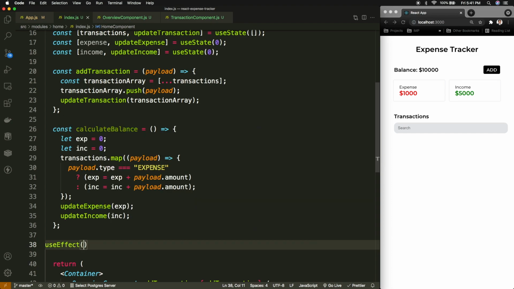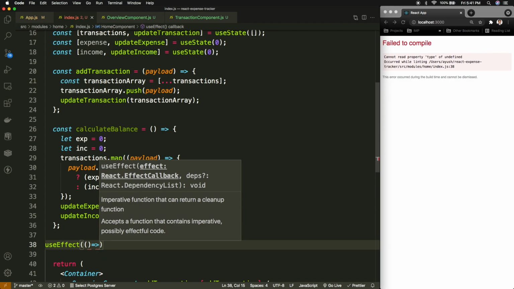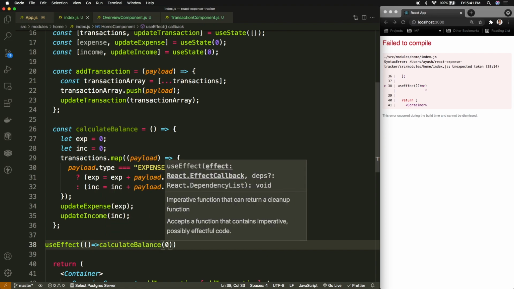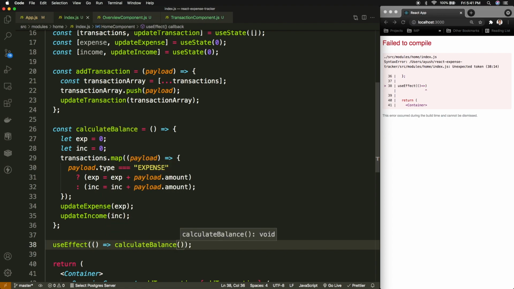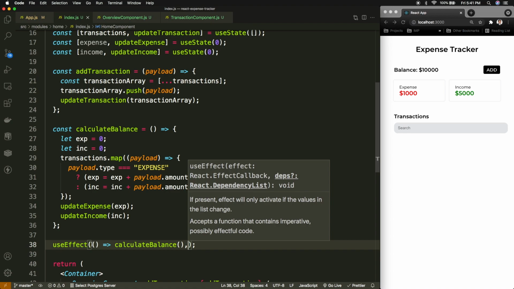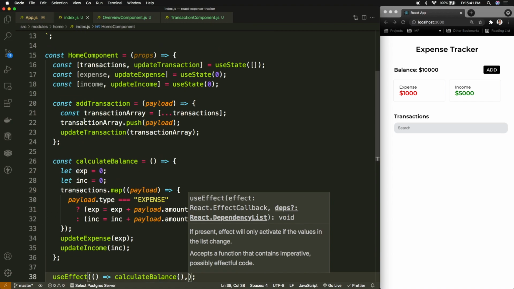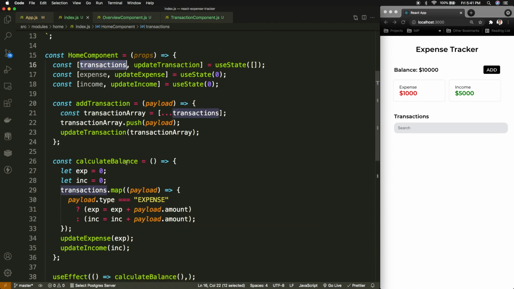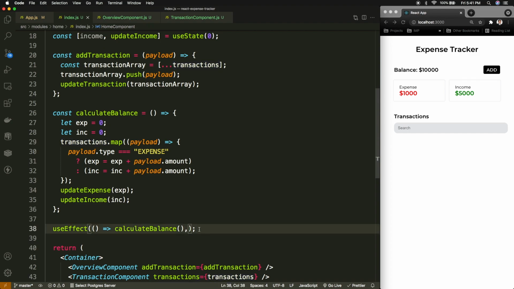useEffect React hook, and what this useEffect will be doing is just calculating the balance for us. The dependency for this useEffect is the transactions, because I want to calculate the balance whenever the transactions are updated, so I'll mark the transactions in the dependency array, so that whenever I change or add any transaction, only then it should go to calculate the balance,